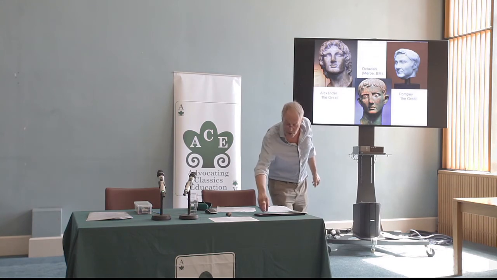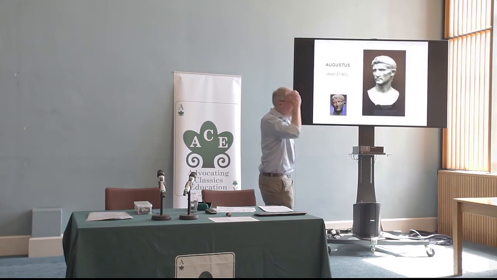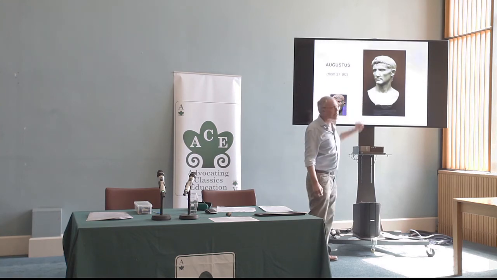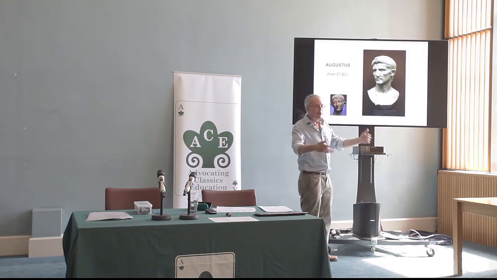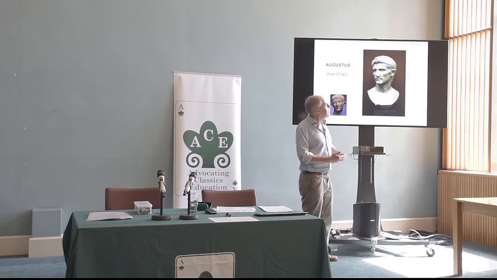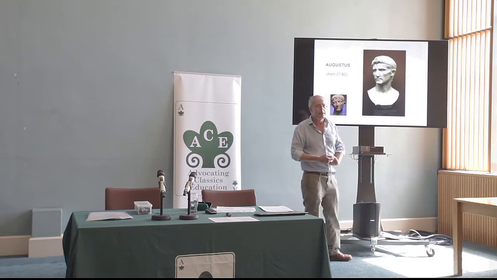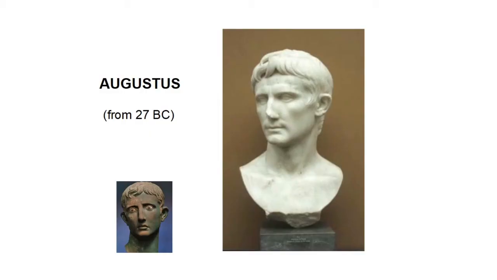What Augustus does from 27 BC is he changes to this image. And you can see it's going back a bit to, there's a more statesman-like look. He's kept the Alexander quiff, but you can see he hasn't quite gone back to the Republic, has he? Augustus, his image, is an idealised Hellenistic image. It's not quite a grumpy old jowly Roman image.